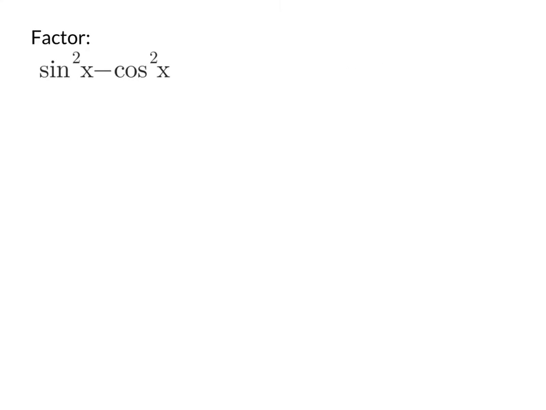video. Before we get to the simplifying part, I want to remind us about factoring and look at factoring some trig expressions. If we're going to factor sine squared of x minus cosine squared of x, a good way to go about these, if it starts to look pretty confusing, is to think of something simpler. Sine squared minus cosine squared is a lot like a squared minus b squared. And we remember how to factor that as the difference of 2 squares into a plus b and a minus